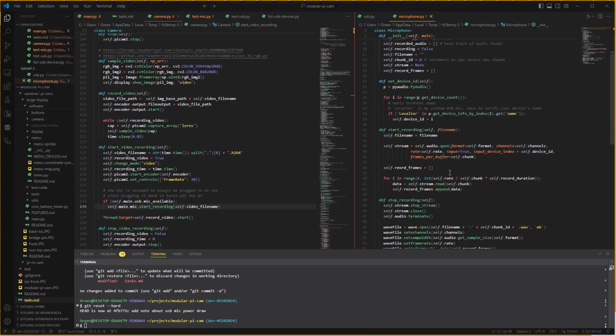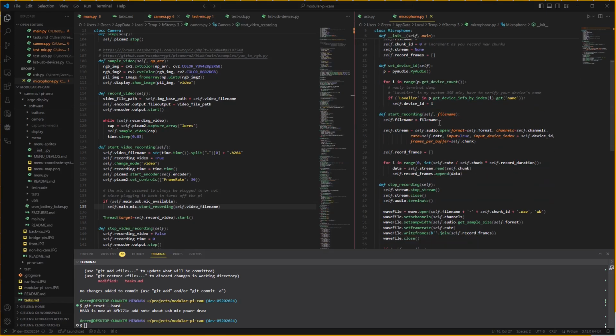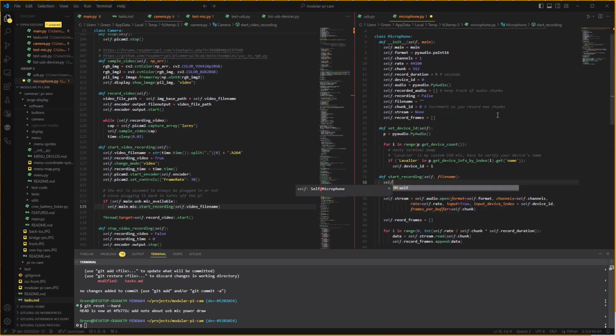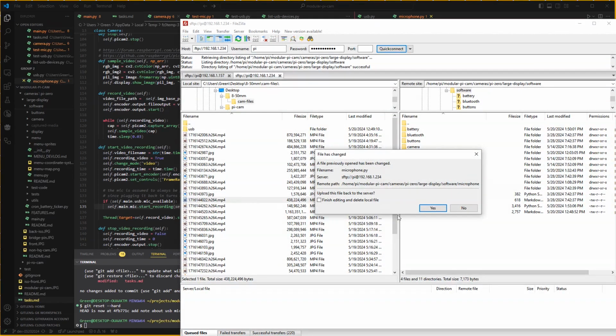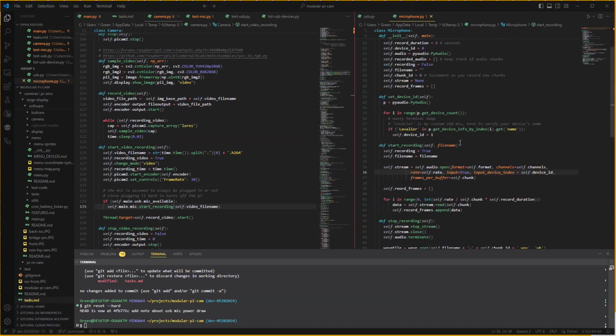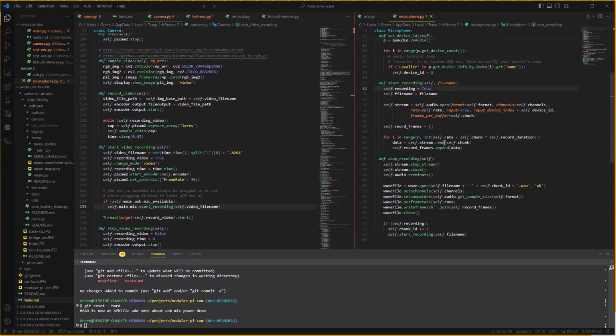So if the recording flag is still on, which I have to set that somewhere actually. Yeah, start recording. So it'll do the 5 seconds, and then